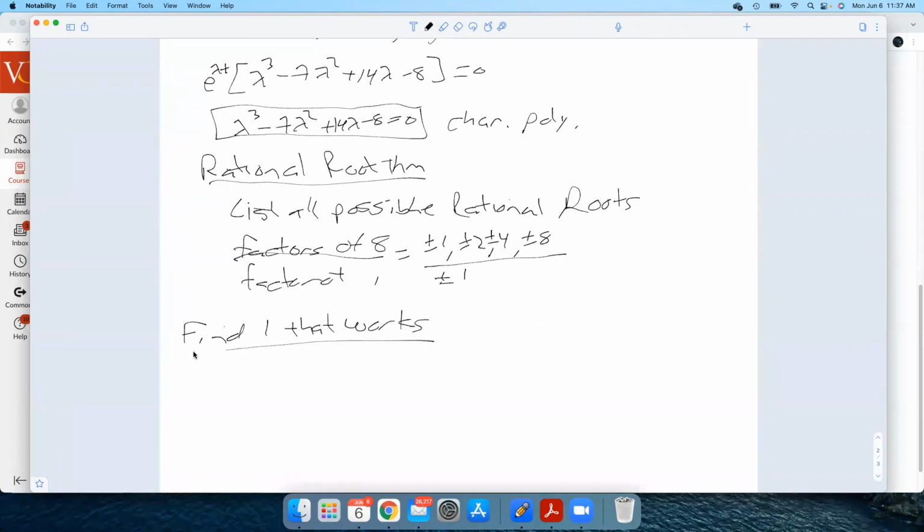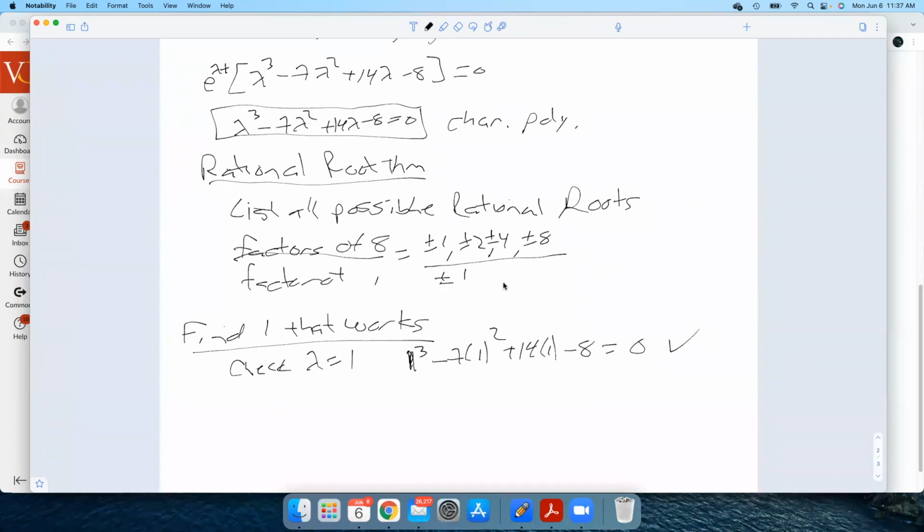It's funny, I wrote "find 1" and I wrote the number 1 that works. 1 works, the number 1 works. So if I check lambda equals 1, that's always the first thing you check. 1 cubed minus 7 times 1 squared, that's a 1, plus 14 times 1 minus 8,